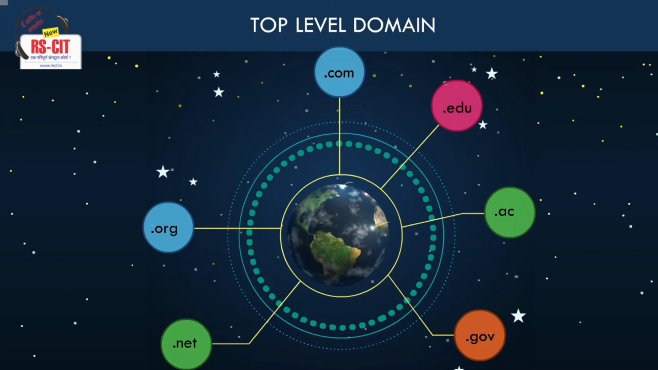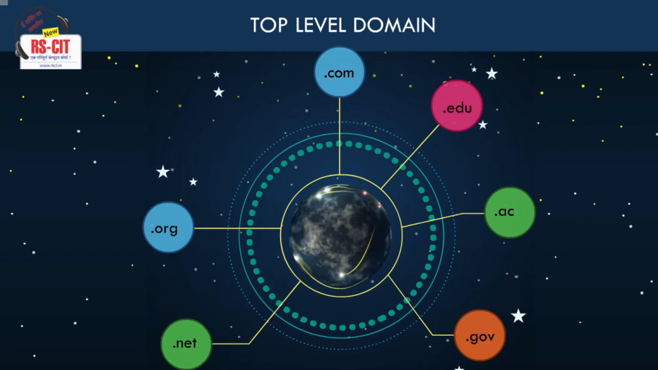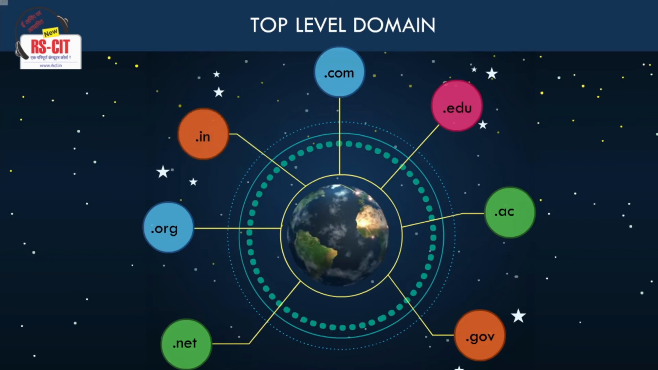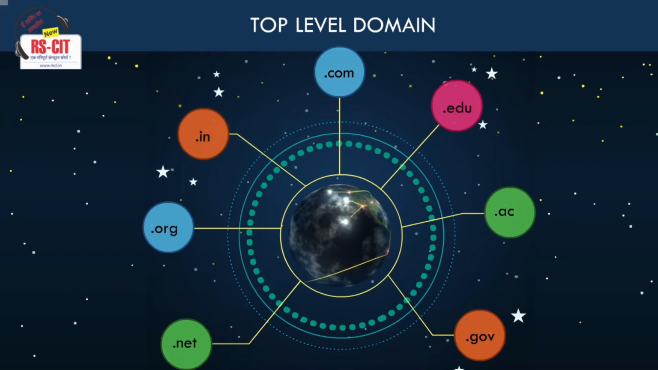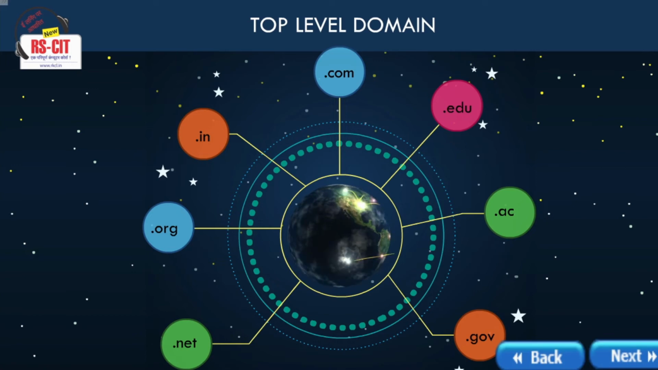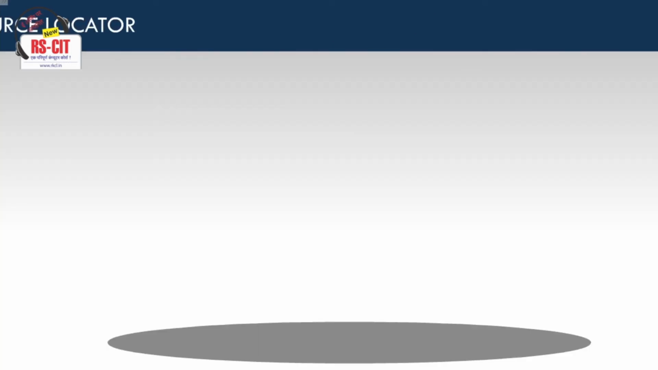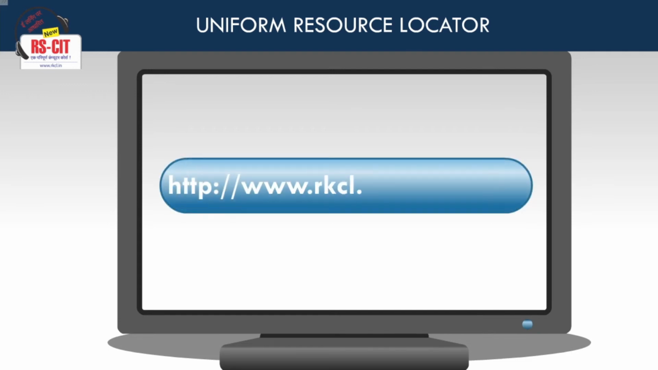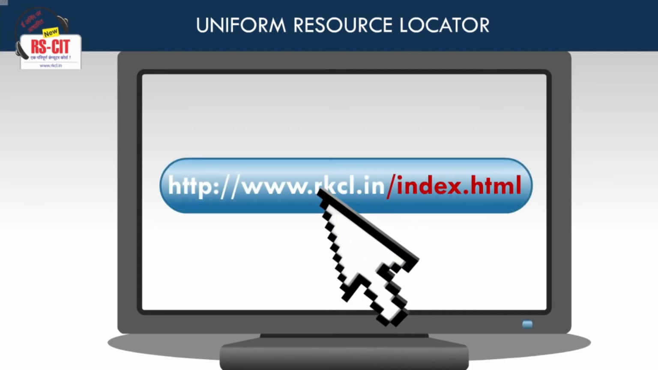Example: www.wikipedia.org. Top-level domain .in. Original intended use: available to anyone. Example: www.ebay.in. The next component of a URL is the file path, which is preceded by the slash, that is index.html in this